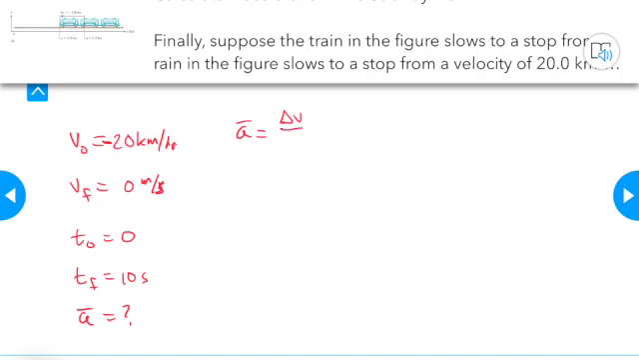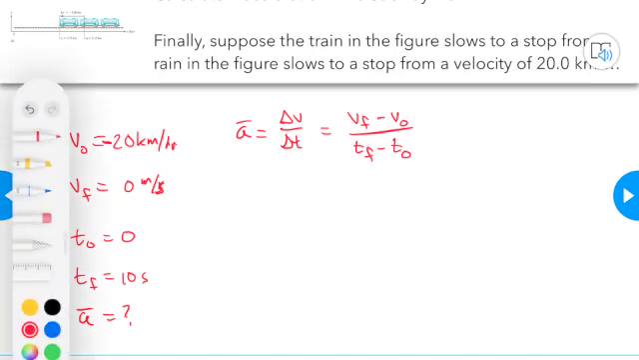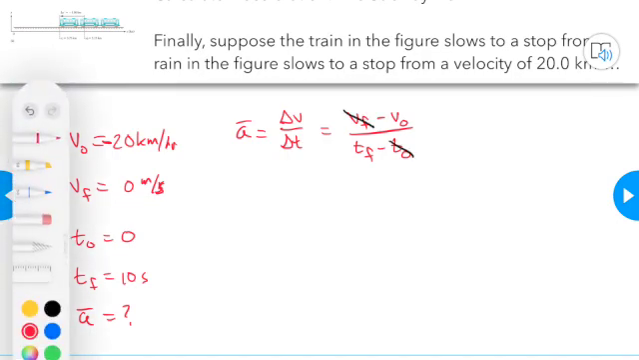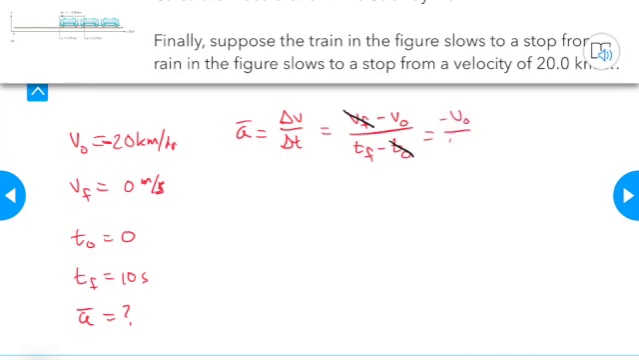So average acceleration is equal to change in velocity over change in time, which is final velocity minus initial velocity over final time minus initial time. We have two things that are 0 here as well. That is the final velocity and initial time. So once again, we have the negative initial velocity over final time. We're ready to plug stuff in. Negative 20 divided by 10 seconds gives us